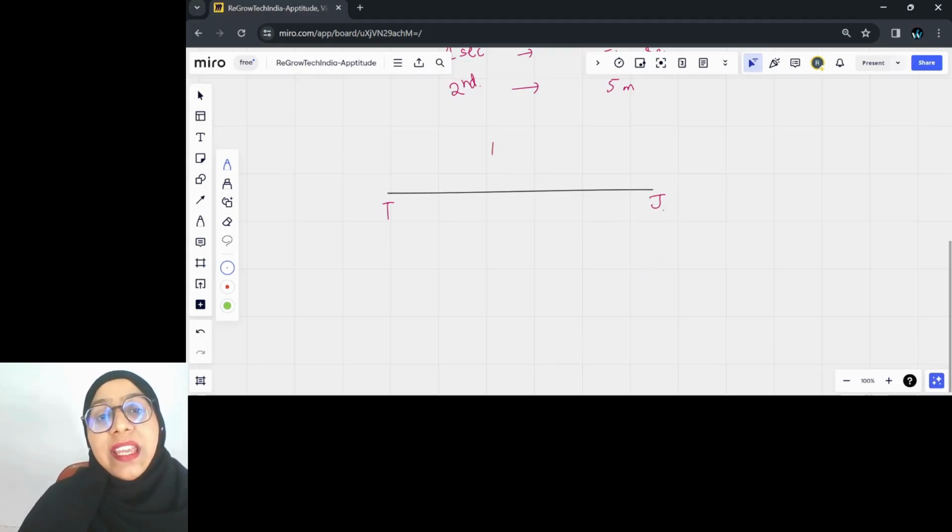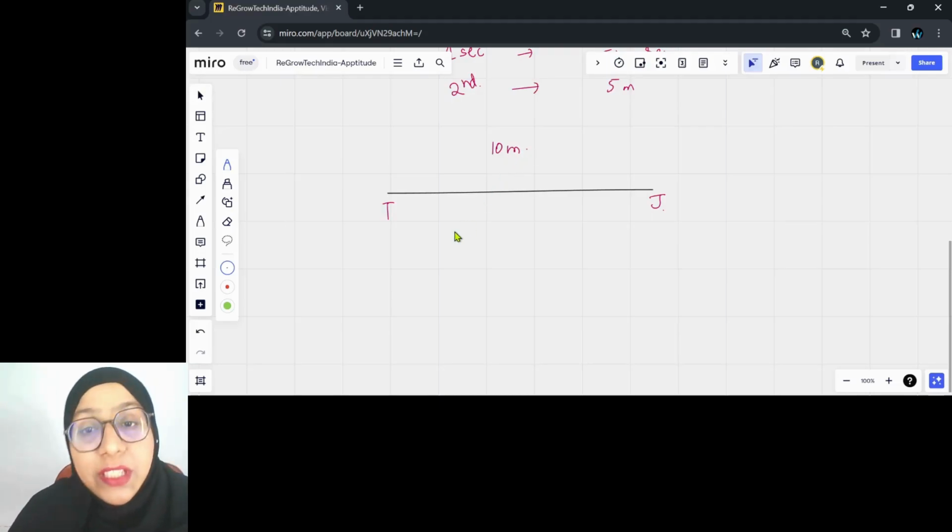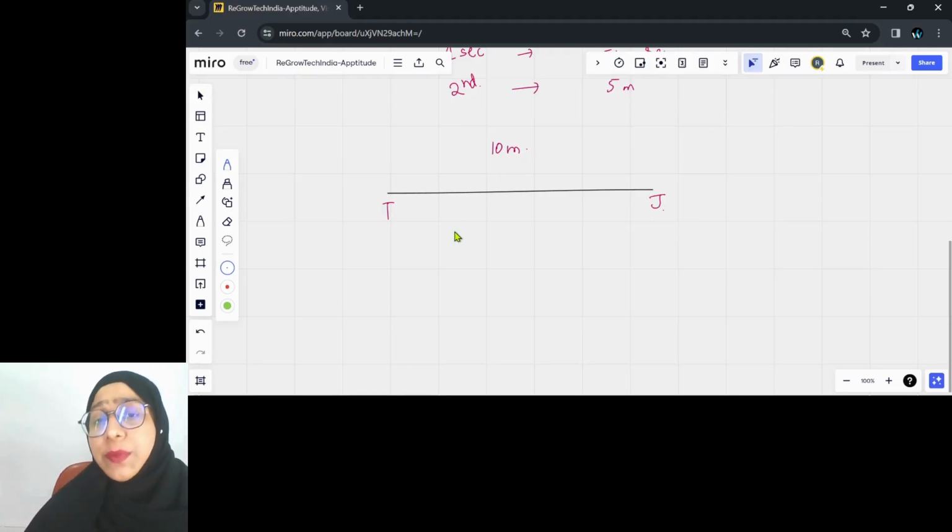So I'm going to say again, the distance between the two of them is 10 meters. And for this particular example, I'm not going to say that Tom is at 0. Instead, I'll say Tom is at 10. And since the distance between the two of them is 10 meters again, so Jerry is at 20. Okay. Now,